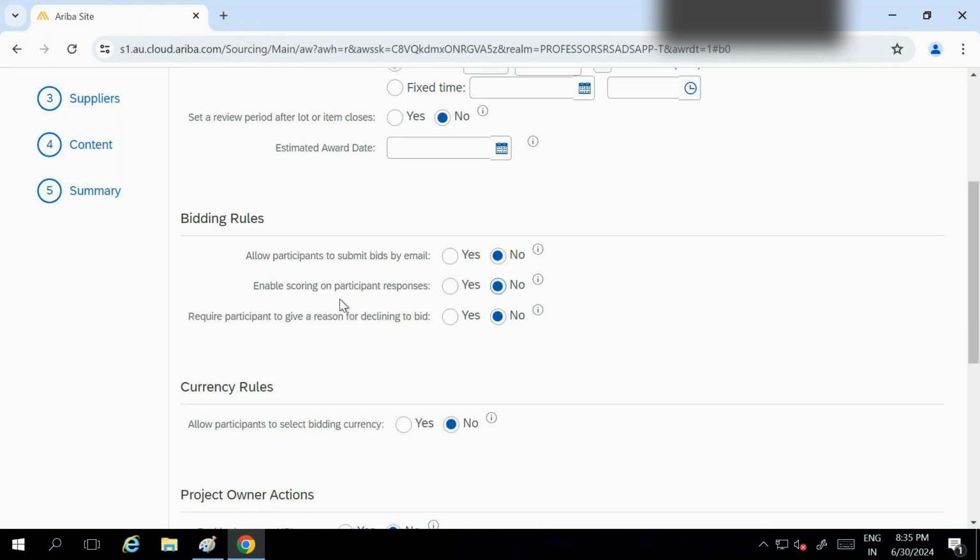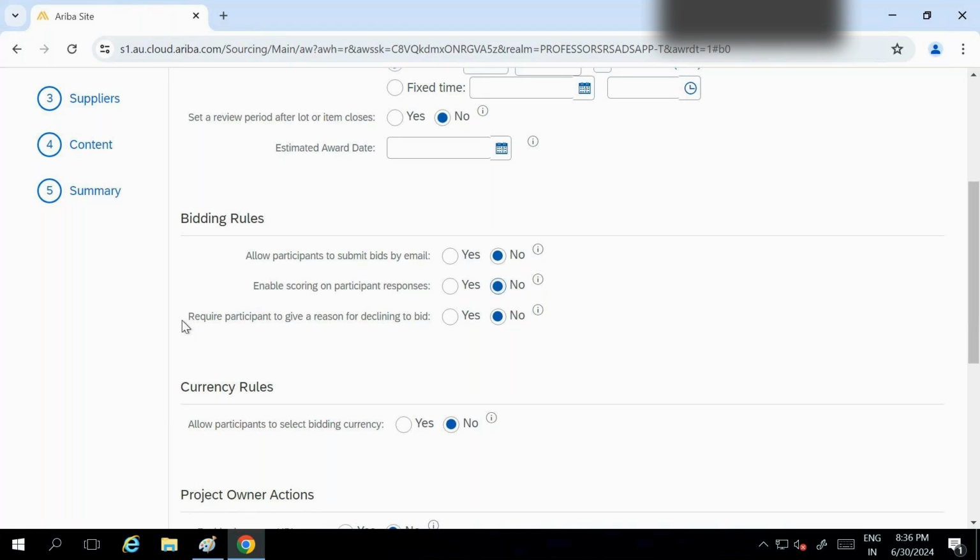Okay. Enable scoring is important for technical bidding and envelope bidding, and major organizations are using technical bidding. So that time we require this enable scoring. This is an important factor, don't miss this, and understand how we are going to use that. Once you understand the templates, then we are going to build up this enable scoring.